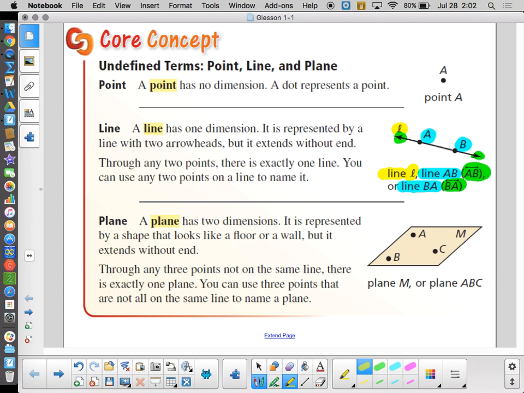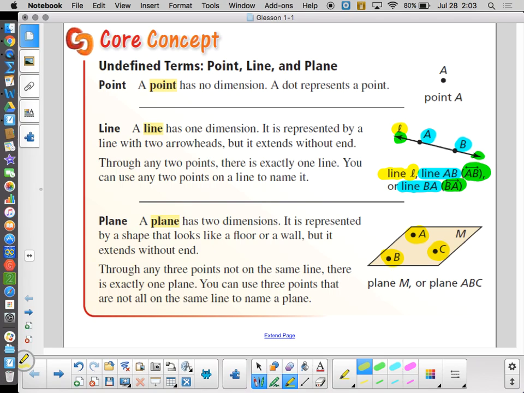A plane has 2 dimensions. It's represented by a shape that looks like a floor or a wall, it says here. I always say it just looks like a parallelogram of some sort. Basically, we can name a plane a couple ways. We can name any 3 points that are not on the same line to name a plane. So here I have points A, B, and C. And it's pretty clear that they are not on the same line. So I can call this plane ABC or CBA or plane CAB, whatever you want to call it, any order